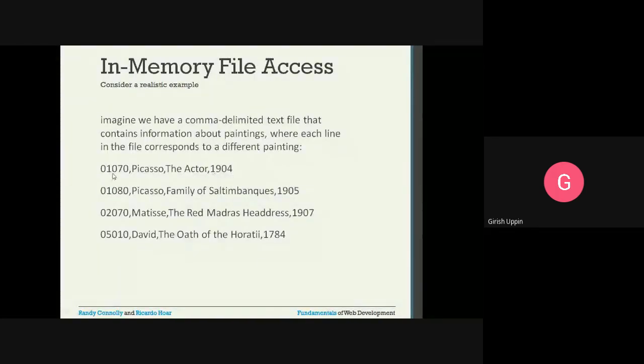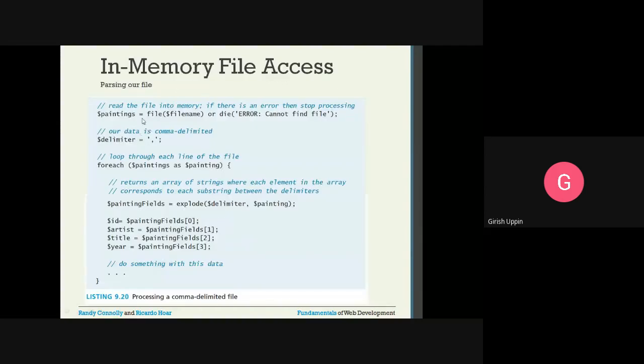So there are 4 pieces of information. How we can get that information is $paintings = file. You are going to read the complete file. What it will do is read the complete file into this variable, or if there is any problem or error, it will stop processing.